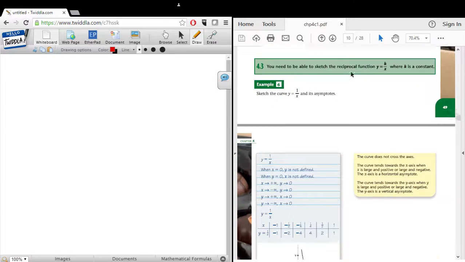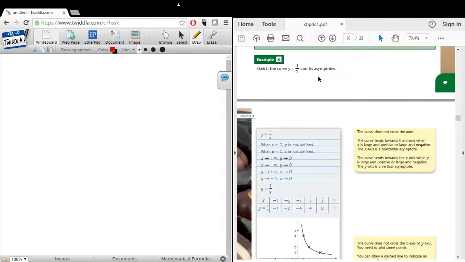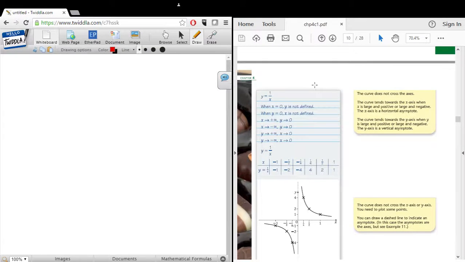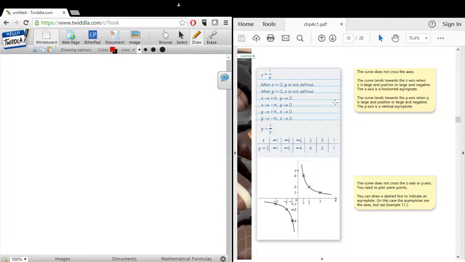So sketch the curve y equals 1 over x and its asymptotes. So y equals 1 over x. When x is equal to 0, y is not defined. Asymptotes never touch the axes. Never ever touch the axes, right? It's like the exponential, okay? Never touches the axes. All right,